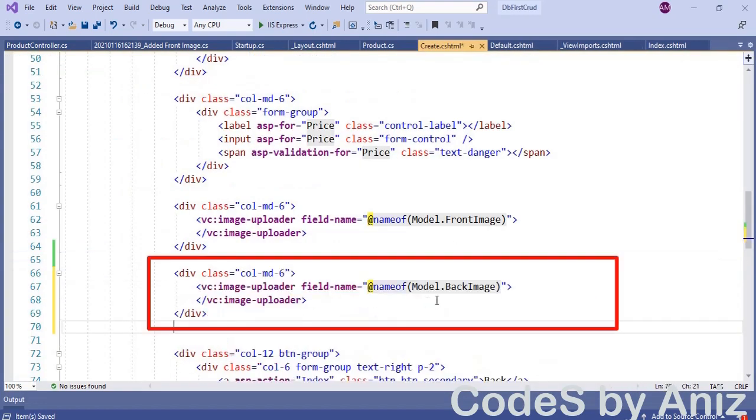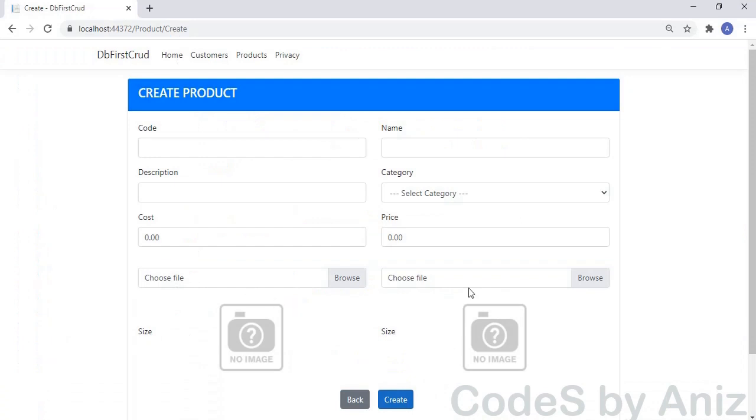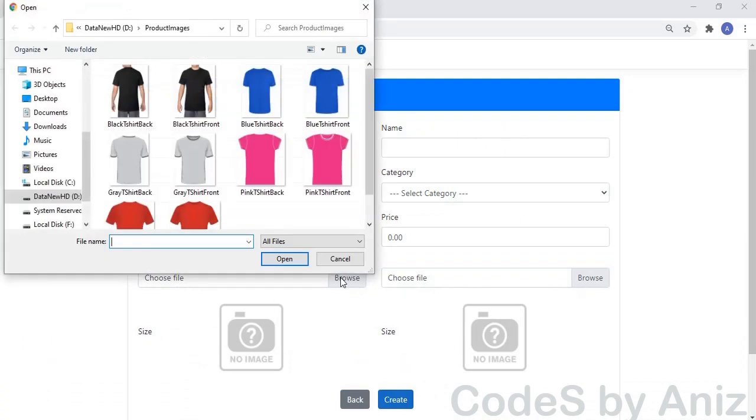Open the create.cshtml inside the product folder and copy the view component tag div of the front image and paste it below. Then change the field name attribute of the pasted view component to nameof(Model.BackImage) as shown. Now two image components are loaded, one for the front image and the other for the back image.